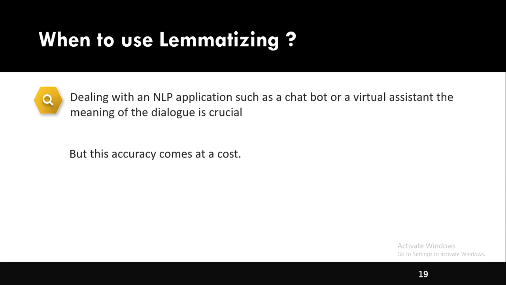Lemmatization derives the root word, a lemma, and the accuracy is precise, but this accuracy comes at a cost. Because lemmatization involves deriving the meaning of a word from something like a dictionary, it is very time consuming. So most lemmatization algorithms are slower compared to their stemming counterparts. There is also a computation overhead for lemmatization. However, in ML problems, computational resources are rarely a cause of concern.